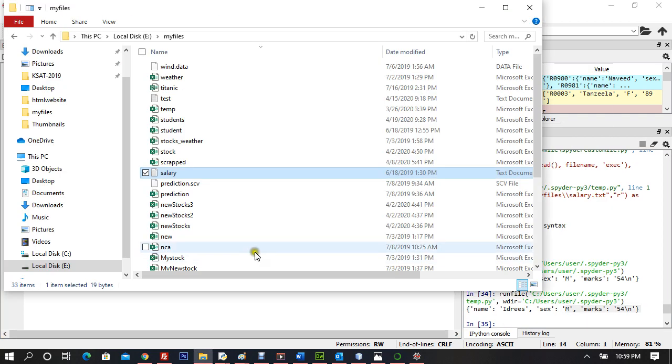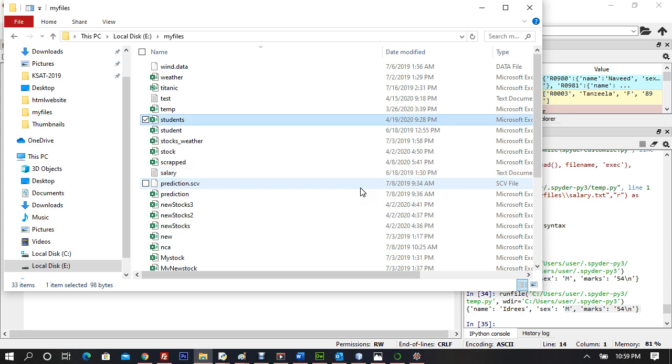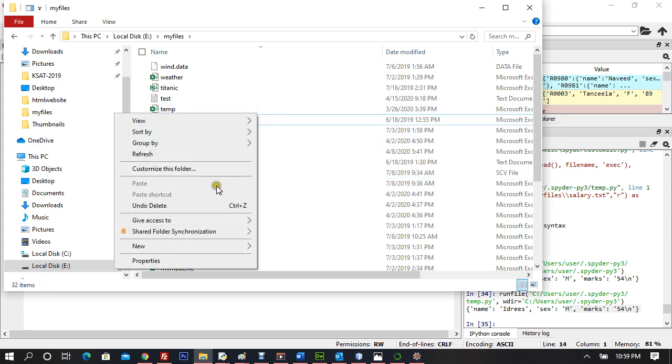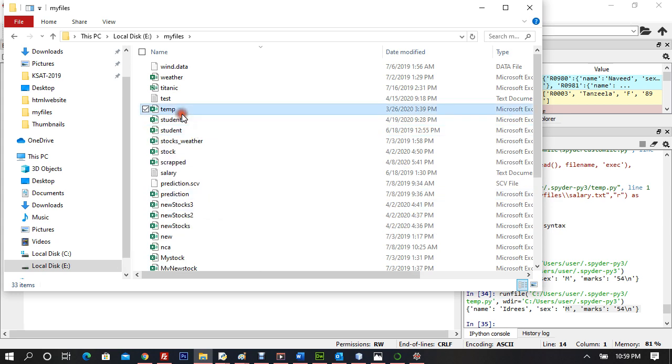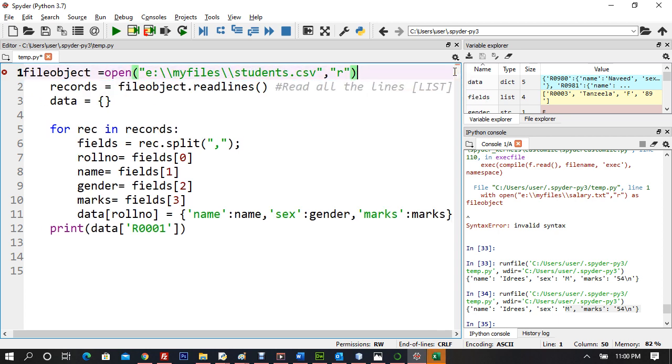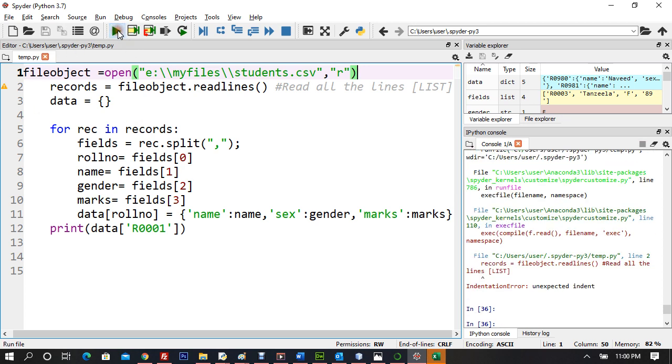Now if I go ahead and delete it, now you can see it's deleted. I will say undo delete, and students comes back. Right, and now if I do not use this with, I will say file object is equal to open the file, and I'm not using with anymore. Alright, so now if I run it, I get